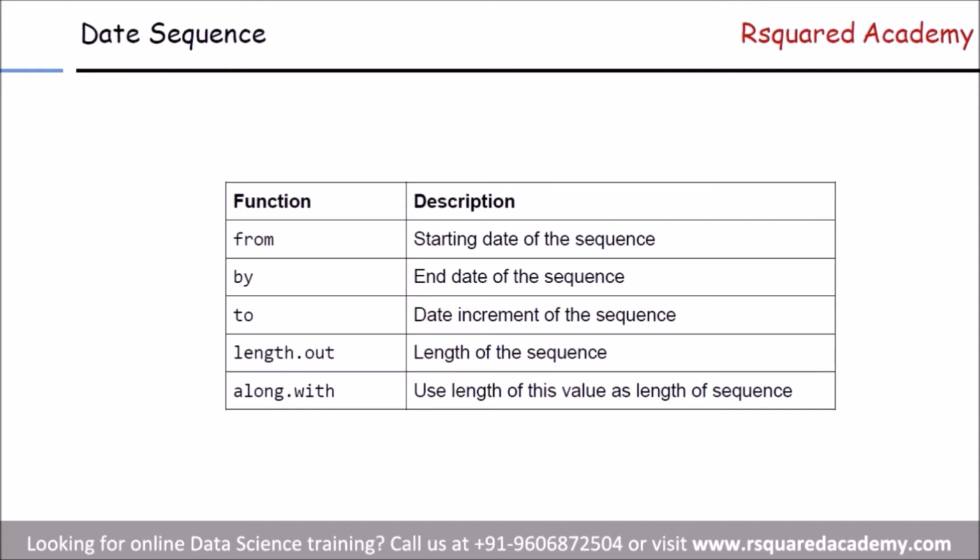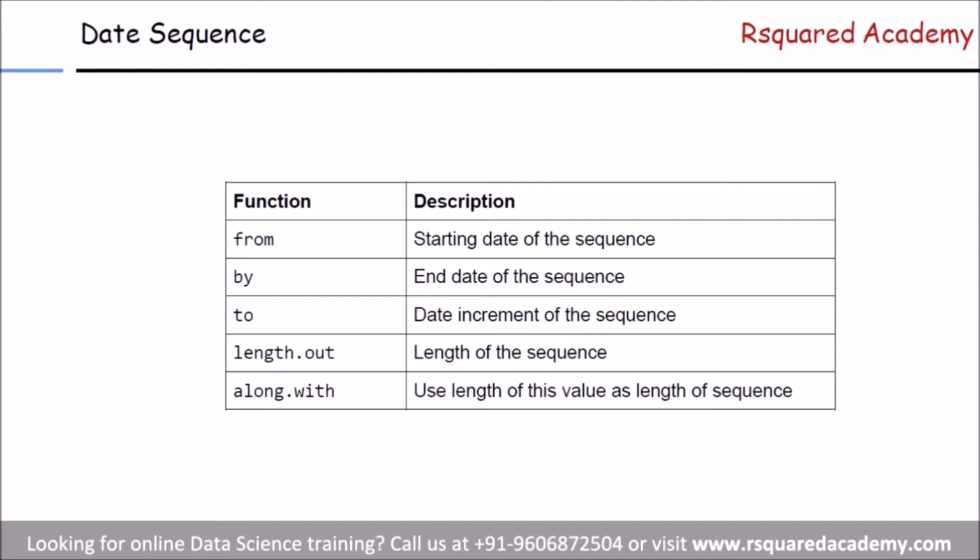One is an integer, so the gap between the dates can be 2 days, 3 weeks, 5 months. So you can add the integer which specifies multiples of the units mentioned, and you can use a sign which will indicate whether you are incrementing or decrementing the date sequence. And we can add the following to the interval units: one is an integer and second is a sign. The sign can be either plus or minus. Plus stands for increment and minus stands for decrement.